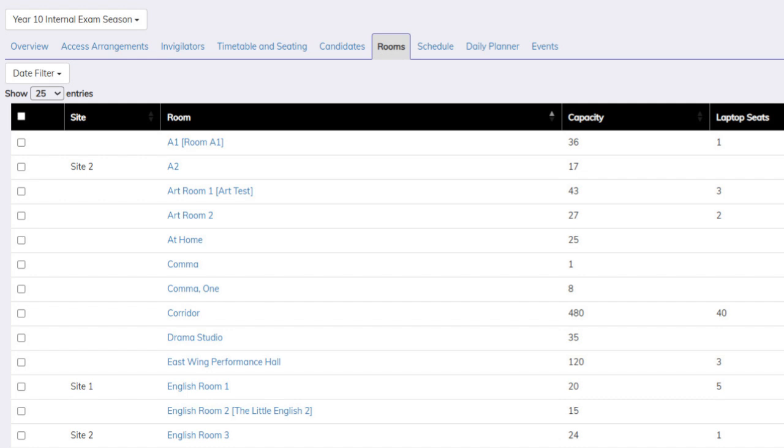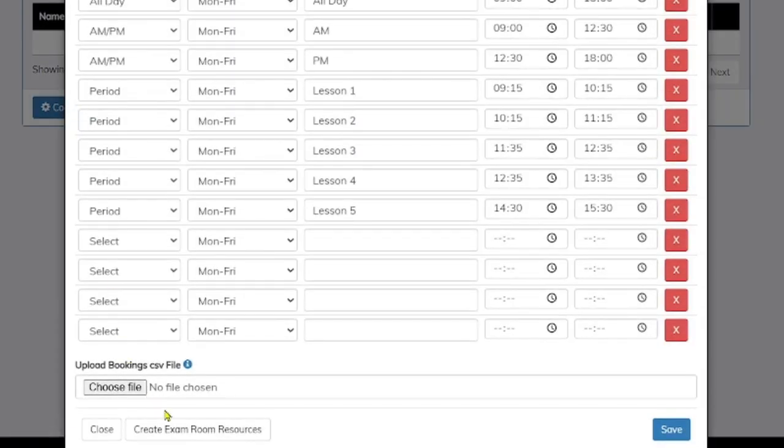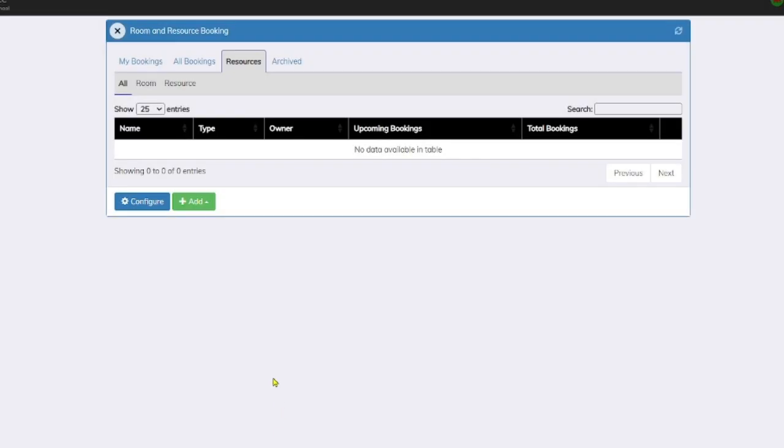To copy these rooms across, navigate to the Room Booking module, then the Resources tab. Once selected, select Configure, then create Exam Room Resources. Once created, all rooms used in Exams Assist will now appear in the Room Booking module. Once the rooms have been copied across, it is possible to edit any of these rooms, then delete them if